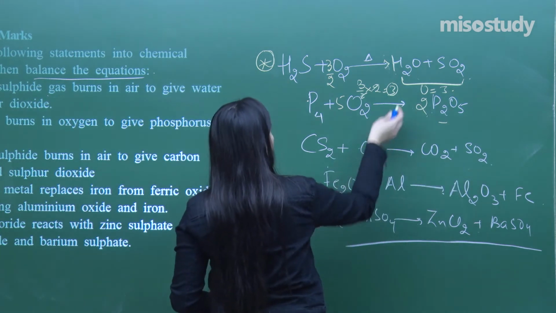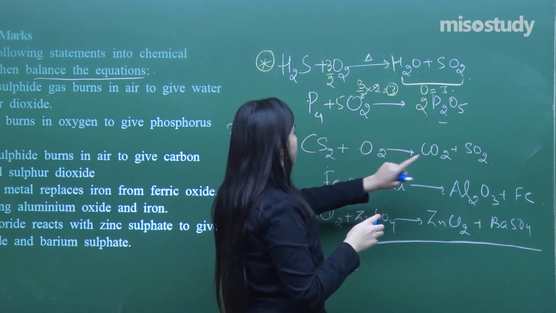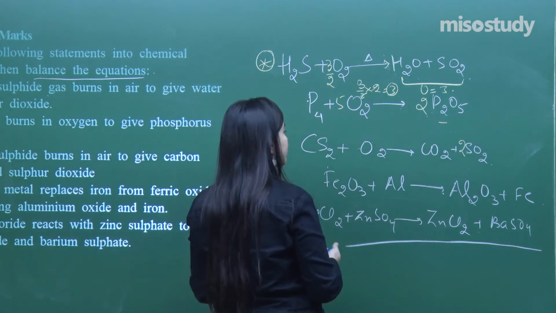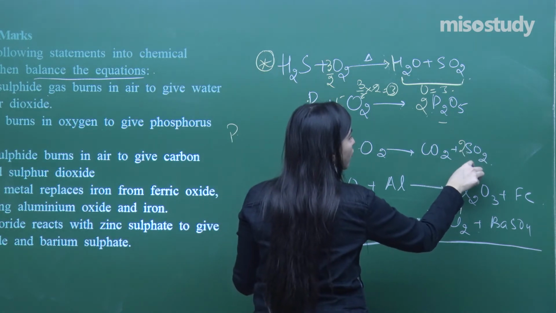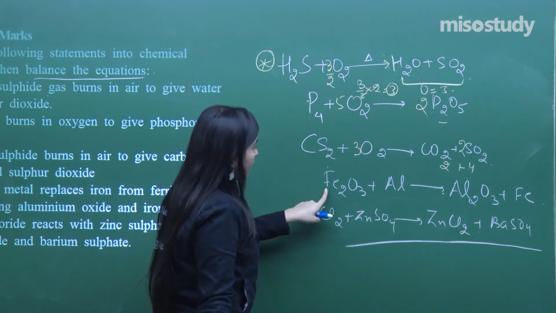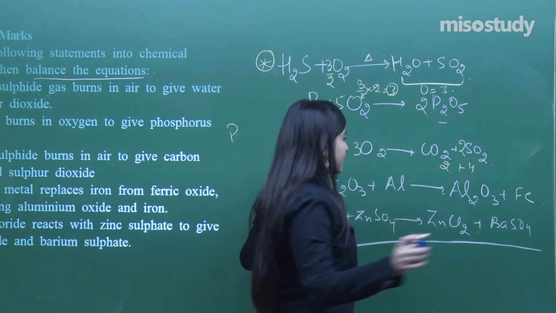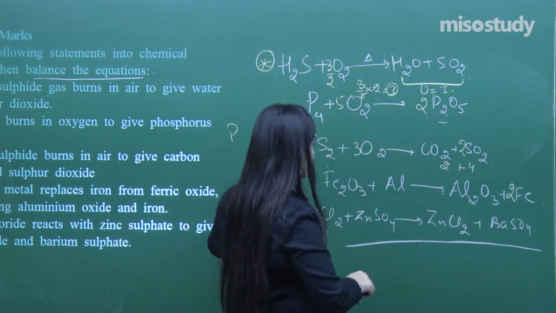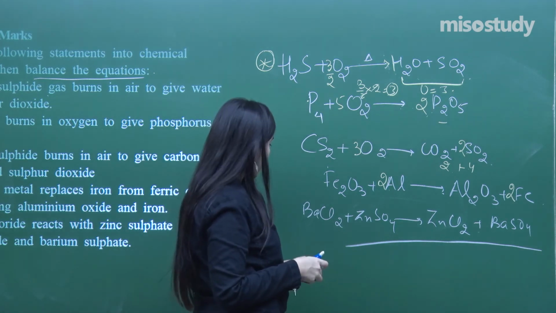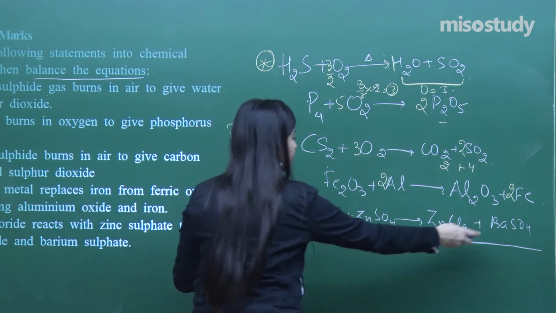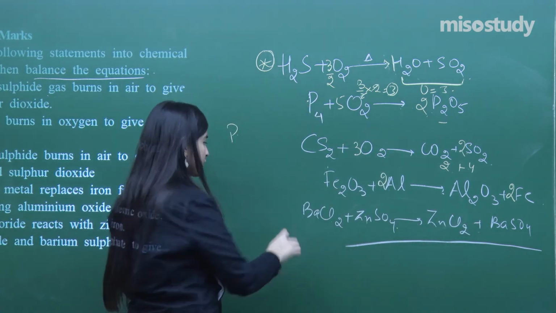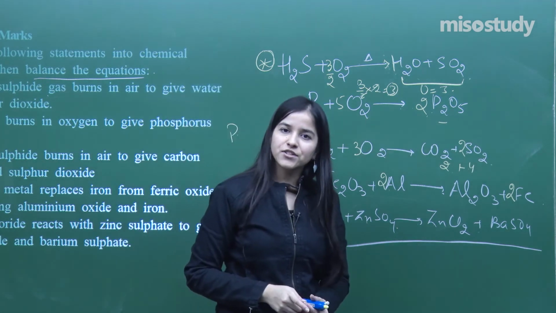Now, a similar kind of equation we had here. Carbons balanced, S2, okay, make it twice. Now the oxygen I just need to balance out. 2 2s are 4 plus 2, how many? 6. Let's make it 3 and I'm done. Now Fe2O3. Let's make iron as 2, let's make aluminium as 2 and we are done with it. Simple balancing. Let's look here. Barium, barium, zinc, zinc, sulfate, sulfate, chloride, chloride. So it's completely balanced. So we are done with the reactions. Got it?